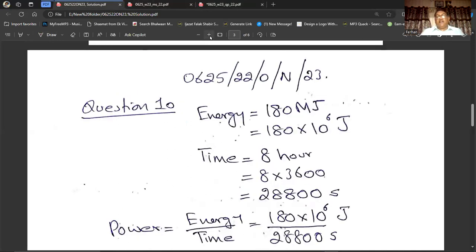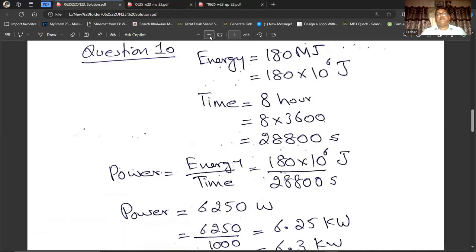you see, it will be like this. 180 × 10^6 joules. Megajoule, I converted it into joules. The time is 8 hours, but the time must be taken in seconds. So 8 multiplied by 3600, because in 1 hour there are 3600 seconds. So now you will have 28,800 seconds. Power is equal to energy divided by time. So 180 × 10^6 divided by 28,800, and that is